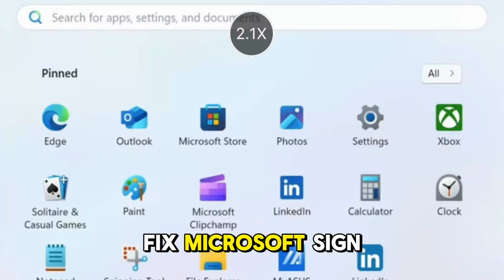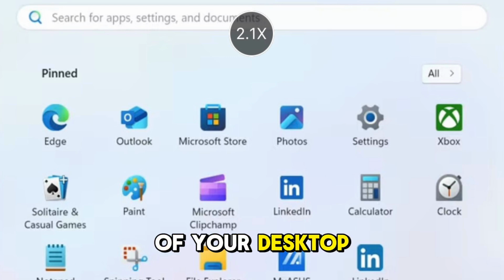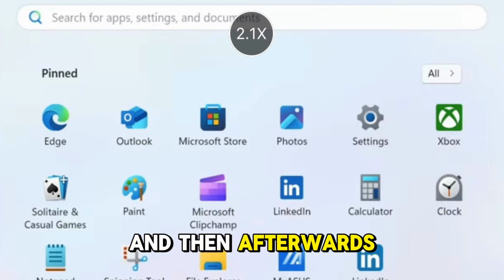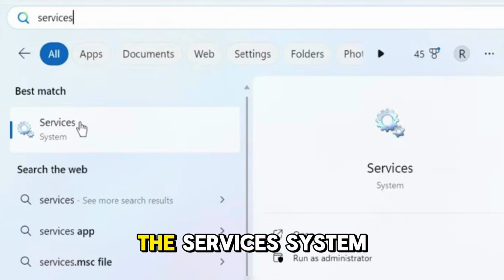Here's how to fix Microsoft Sign In problem. So the first thing that you need to do is go to the startup option of your desktop or laptop. And then afterwards, what you need to do is go to the search icon and search for the services